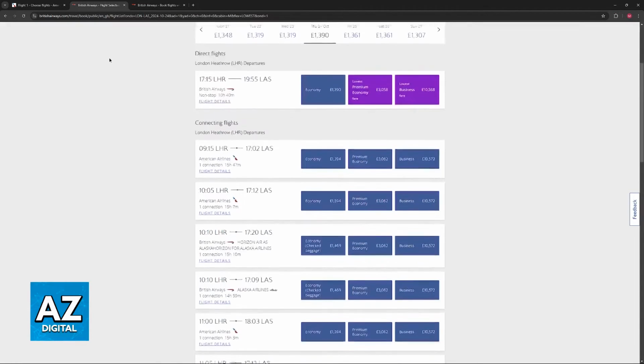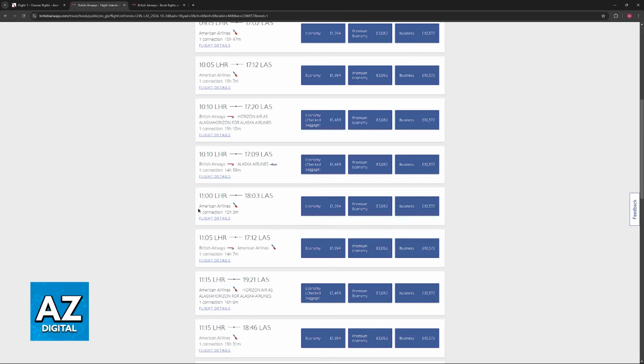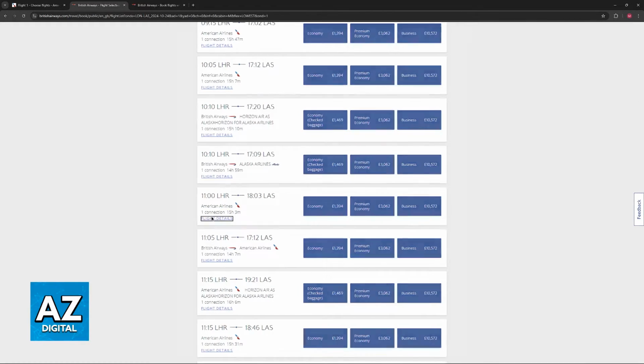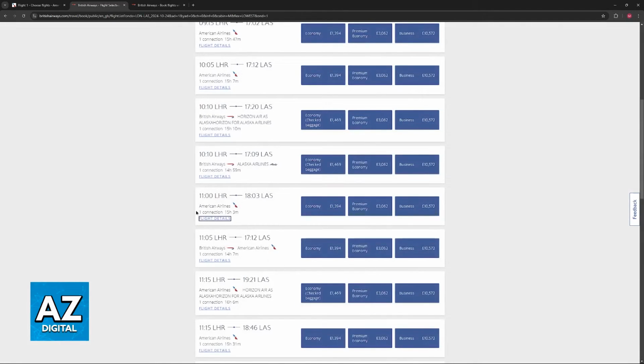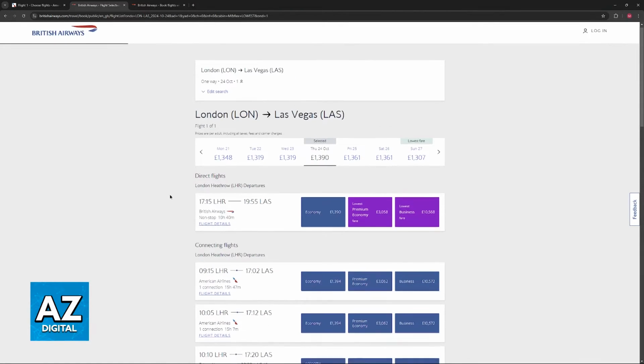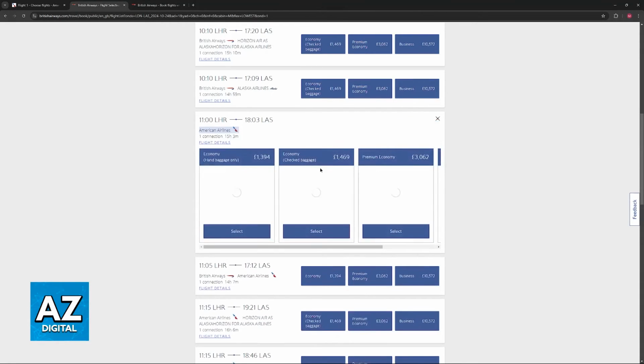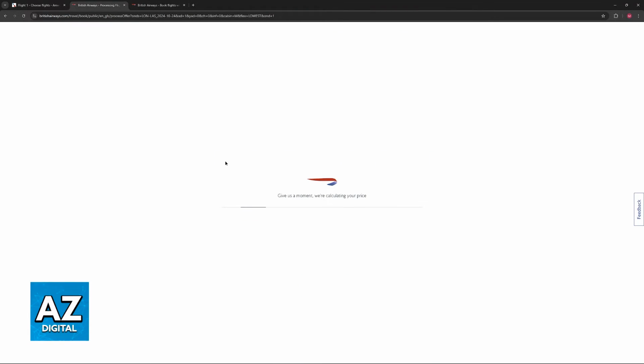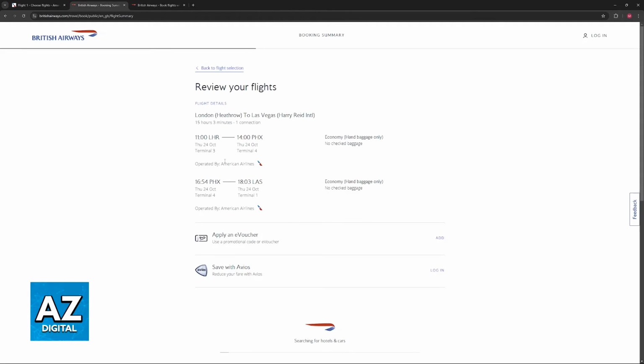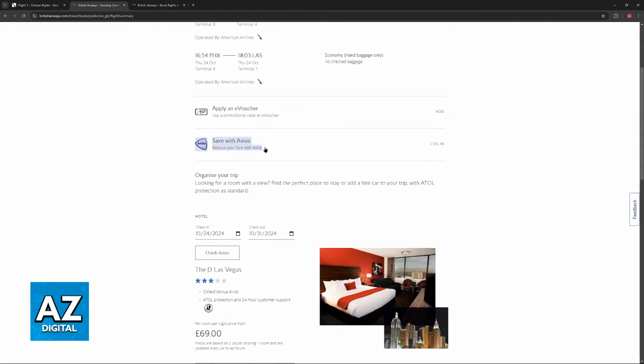So go over to the British Airways website, and if you browse through flights, eventually you will be able to find this icon here. As you can clearly notice, this specific flight that I'm highlighting is operated by American Airlines, which means that as long as you go over to the British Airways website and choose an American Airlines flight from here, so choose any of the fares for any flight that you see operated by them, you will be able to sign in to use Avios.